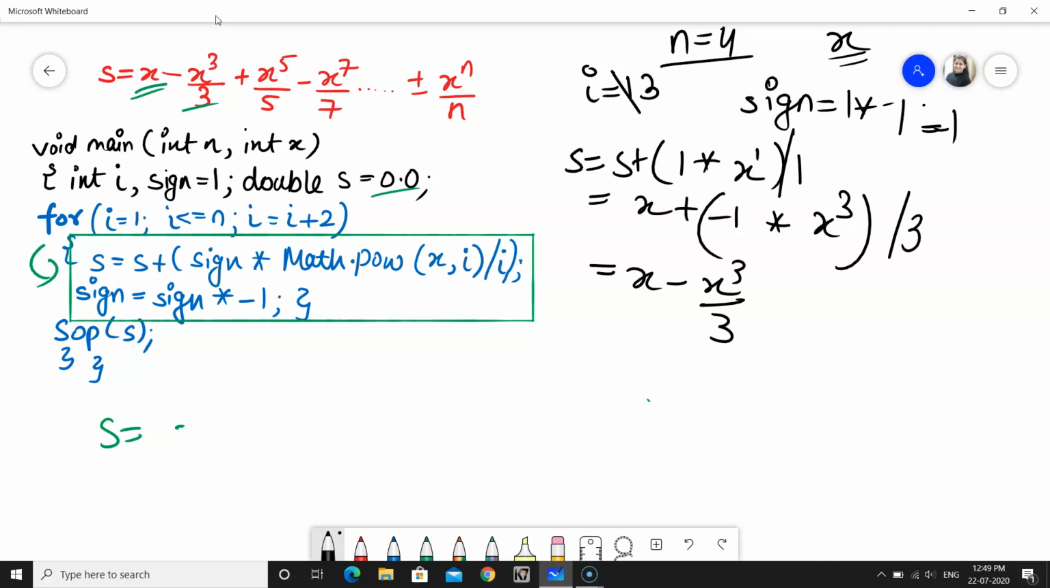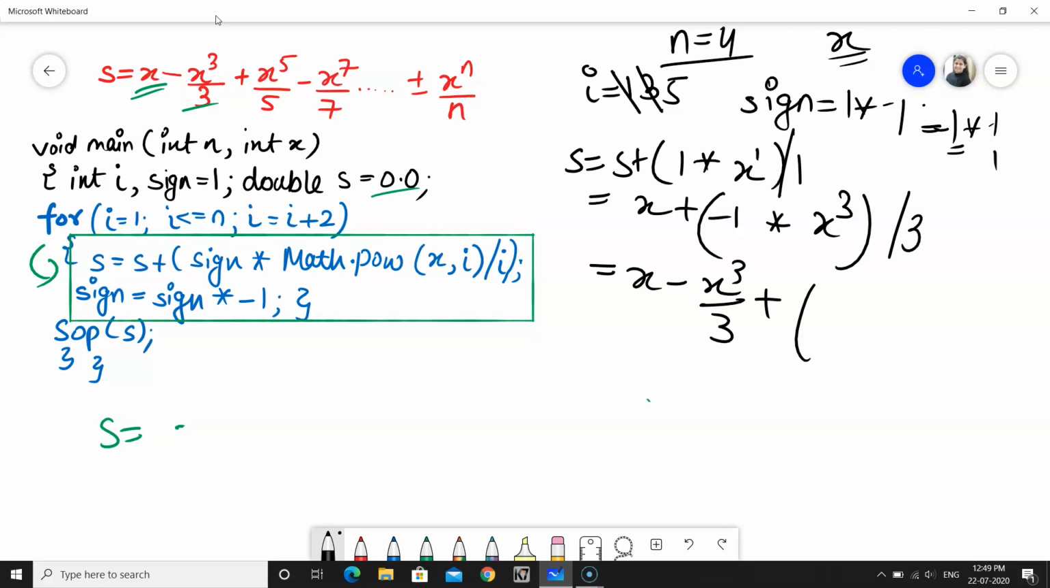Similarly, again now we have to put sign is equal to sign into minus 1 in order to change the sign, because now we want a positive. So minus 1 into minus 1 gives 1 now. So sign is 1 again. Again the i value will be now 5. As soon as the i value is 5, we will just add one more thing. Then again s is equal to s plus